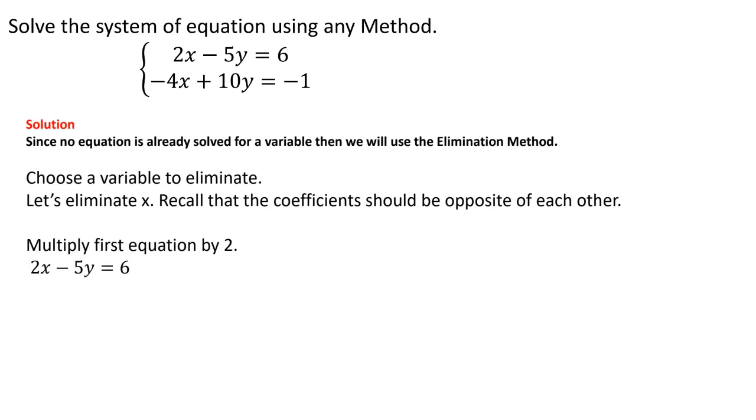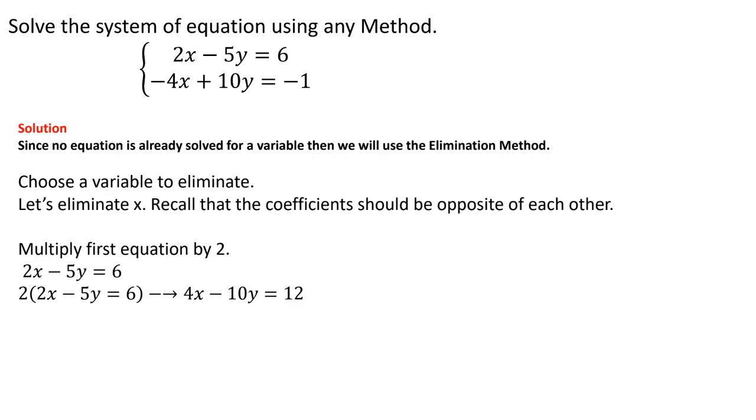So I'm going to multiply that whole equation by 2. Okay, so 2 times 2x, and then 2 times negative 5, and then 2 times 6. And so we end up with 4x minus 10y equals 12. Now I can add both equations. So I have the brand new equation here, 4x minus 10y equals 12. And then I'm going to add it to negative 4x plus 10y equals negative 1. So when we add them,